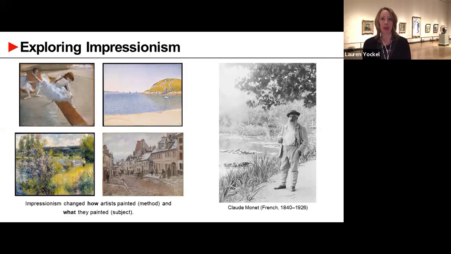And what we're going to do today to explore Impressionism, we're going to focus in on one particular artist. And that artist you can see on the right-hand side of your screen in a photograph. And his name was Claude Monet. And Claude Monet was from France. And you can see on the screen too the years that he lived. He was born in 1840 and he died in 1926. So we're going to focus in on this one artist and look at some of the different paintings here at the MFA by Claude Monet.